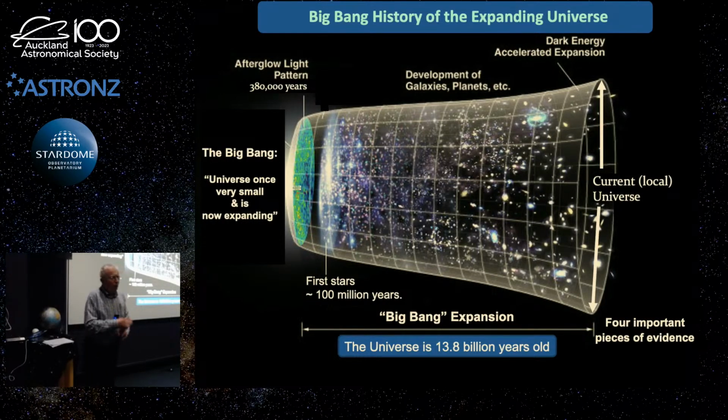And the fourth very powerful bit of evidence was what we call the cosmic microwave background, which we'll talk a little bit about now. It's a very powerful thing in science. If you come up with an idea and a theory how something might have been, and you're able to make a prediction, if that is so, we should be able to observe this over here. And if you do end up observing that over here, that's a very, very powerful bit of evidence that you're on the right track.